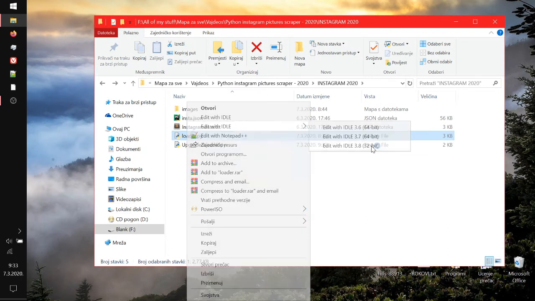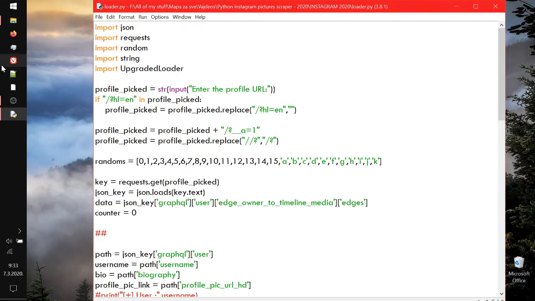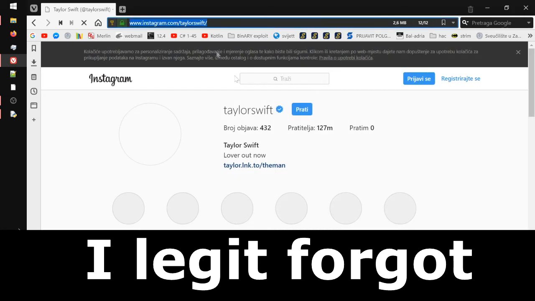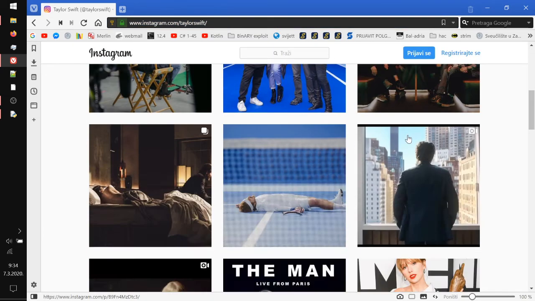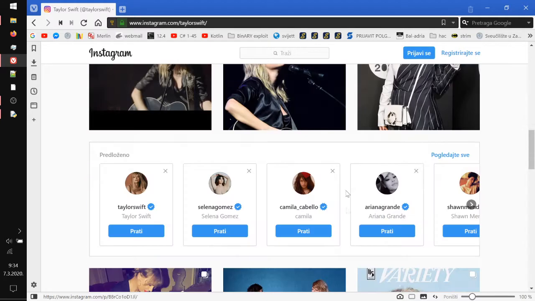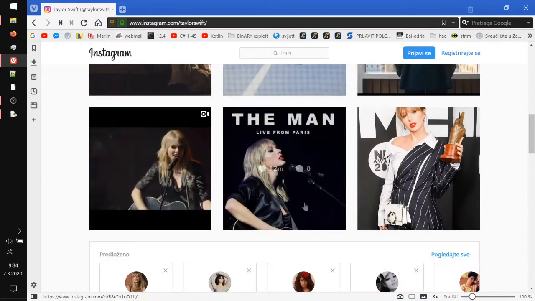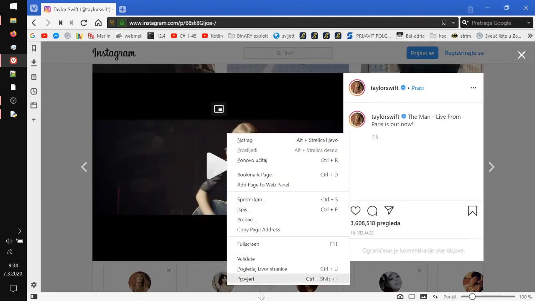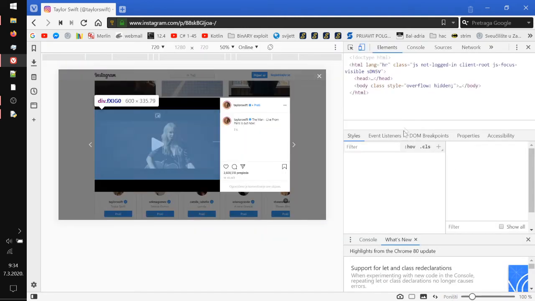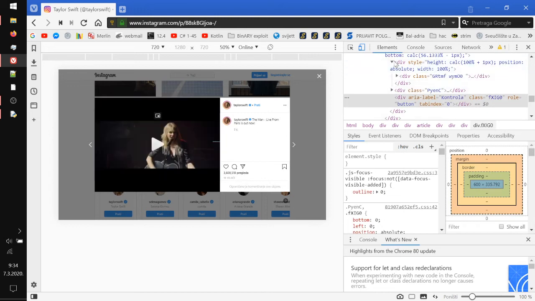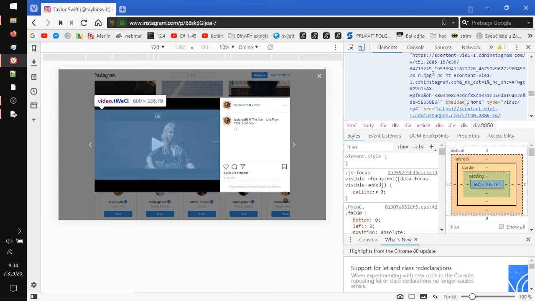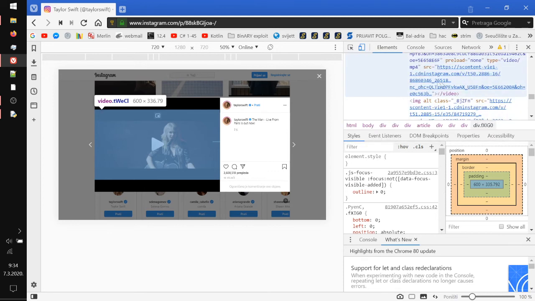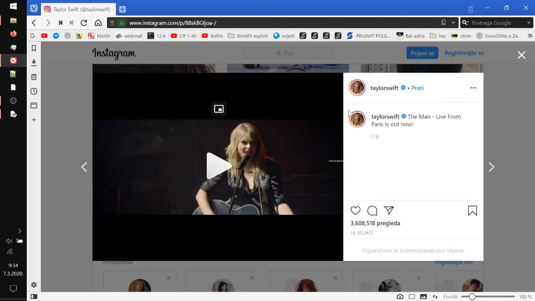Let's run the loader. I don't remember what profile we used. Let's pick Taylor Swift. I don't know why. Okay, so there we go. So let's download all the Taylor Swift pictures, well, for the first 12. And as I said, the videos won't download for some reason, but you can download them manually like this. Use the check and then go a little bit above to this div, and then go to this one under and this one under, and then use the middle link right here, this one. That's how you can download the video